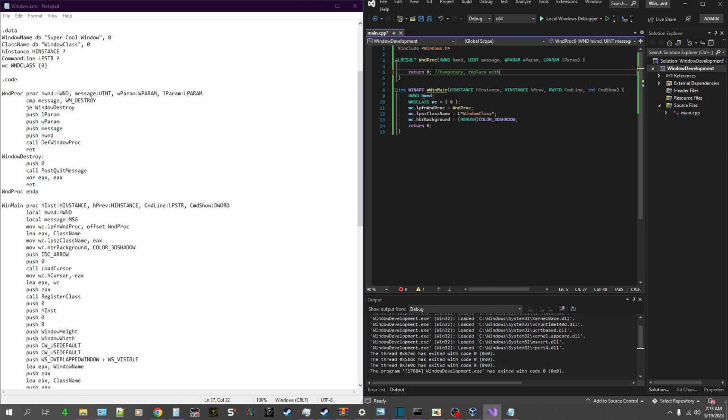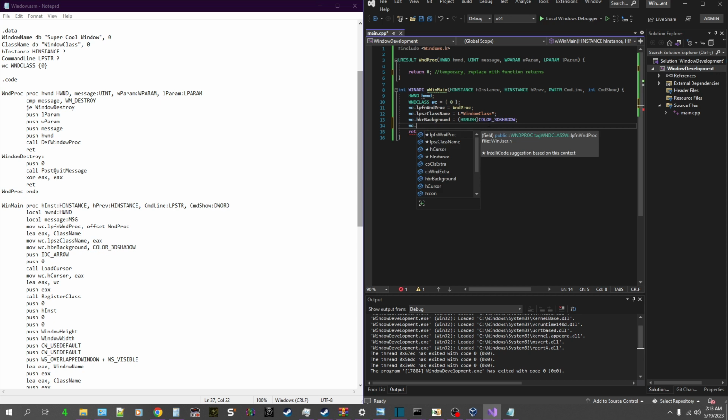Replace with function returns earns. There we go. So, alright, let's go back on to making our window class. Now what we gotta do is the cursor. So let's do WC.hCursor, and then we just load cursor, and then we're gonna do